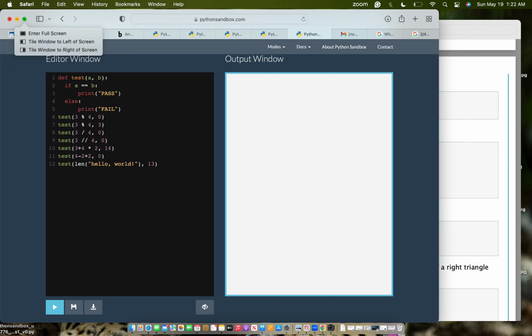For the next one, we're testing 3 divided by 4 equals 0. If we were to divide 3 by 4 in a calculator, we would get 0.75, which is not equal to 0. However, you can see that the program is saying that this passes, and that's because